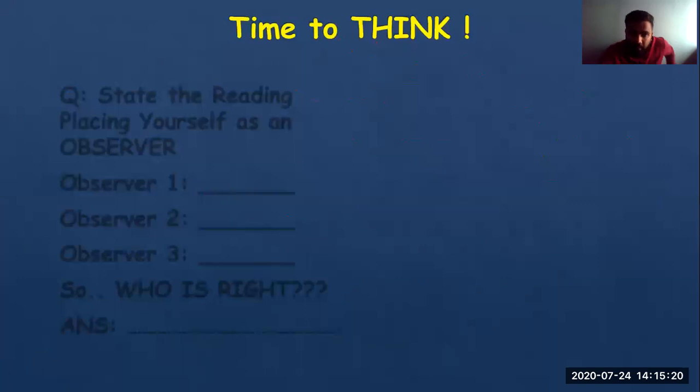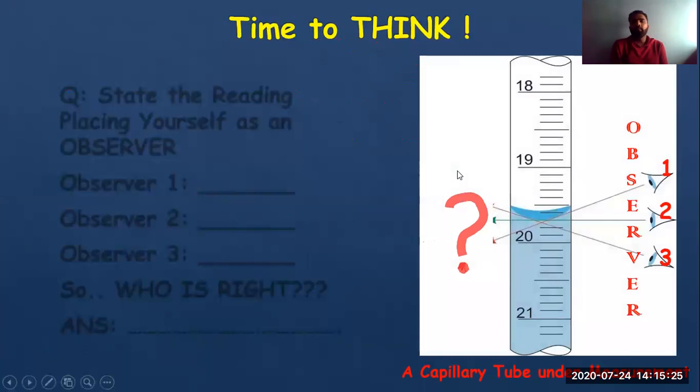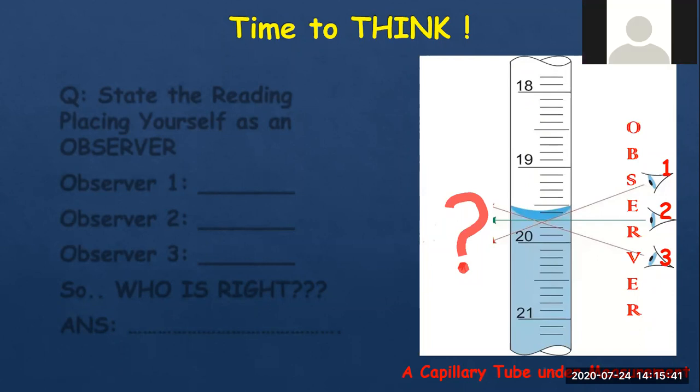After environmental error, there is again one quiz from your side. I'm just putting this diagram. This is what? Can you tell me? Anyone? Please unmute. I have given you the authority to unmute. Can anyone tell me what this is? This is a capillary. Yes. Is this a capillary rise or a capillary fall? Rise, sir. Very nice. How many observers are there? Can you see? Three observers. Very nice.